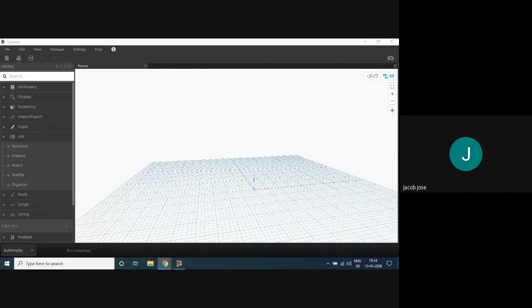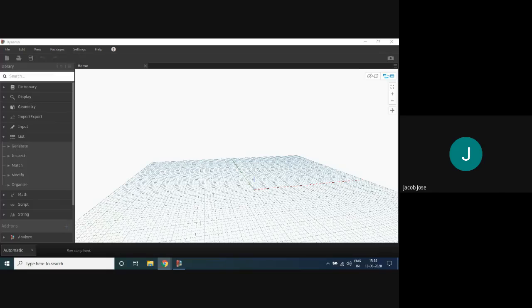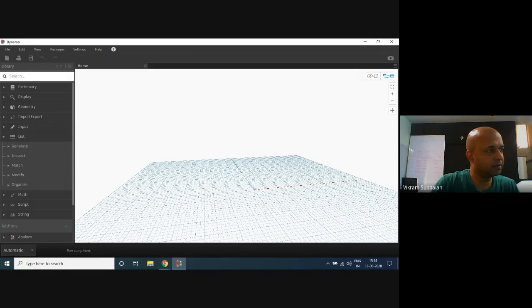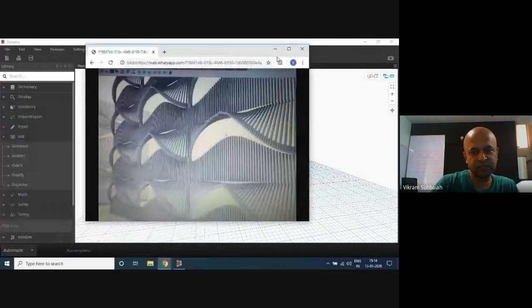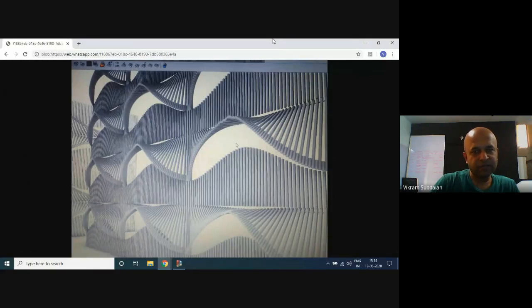Sir, what are you doing right now? I lost it completely. What are we doing right now? I lost that first portion. Okay, all that we're going to try to do now is try to finish this, Jacob. That entire shape. It actually should not be difficult for us to finish it, but let's see how long it takes.